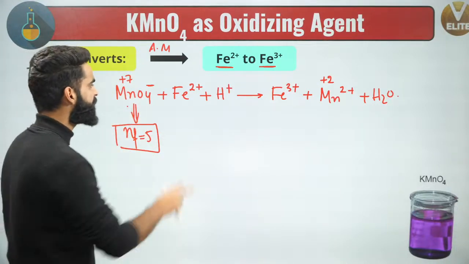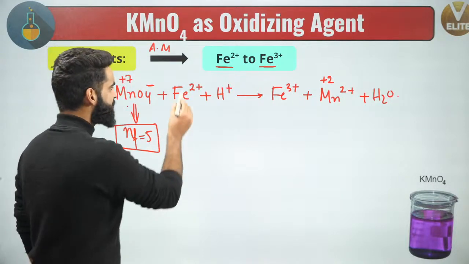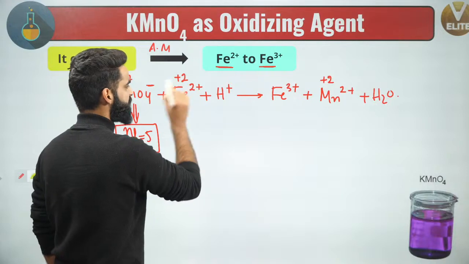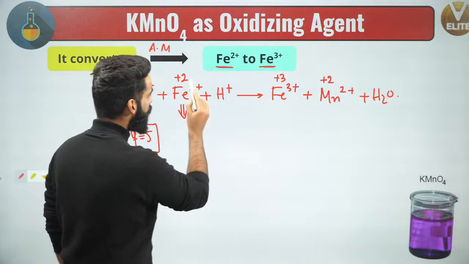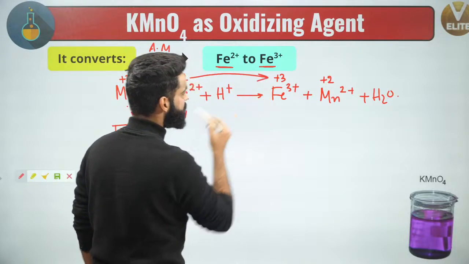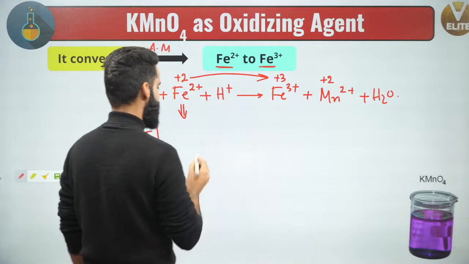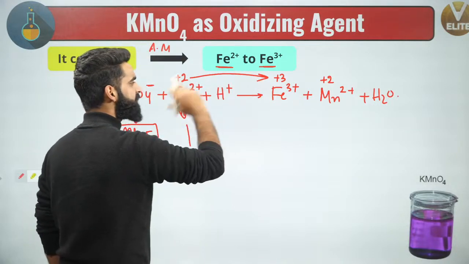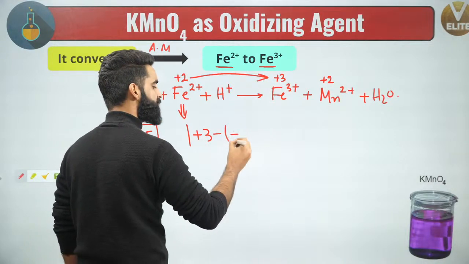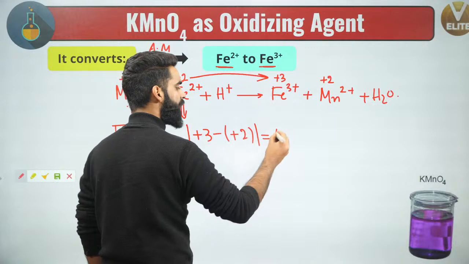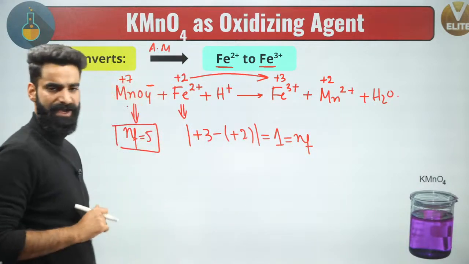Now people, if I ask you what will be the N factor of this Fe dipositive right here, first of all, you will say the initial oxidation state of Fe right here is +2, the final oxidation state of Fe right here is +3. Yes, the oxidation state of Fe is changing from +2 to +3. If I ask you what is the change in the oxidation state of Fe, that is going to be final oxidation state of Fe minus initial oxidation state of Fe. The value you'll be getting is 1. So 1 is the N factor of this Fe dipositive in this reaction.